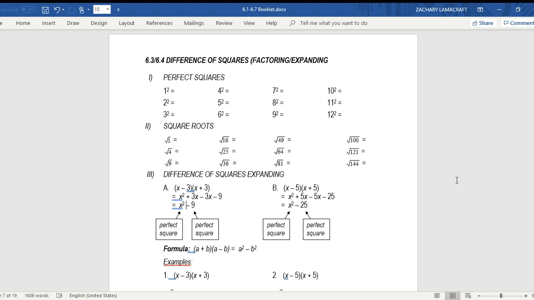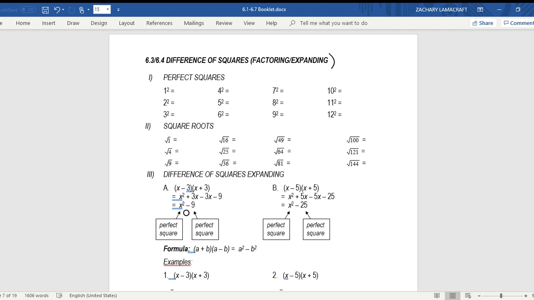So we're going to worry about what we call difference of squares, or how we're going to factor and expand. Some of this stuff's not going to be earth-shattering to you. It just might be a little bit different. But if we look at perfect squares, so perfect squares are something that